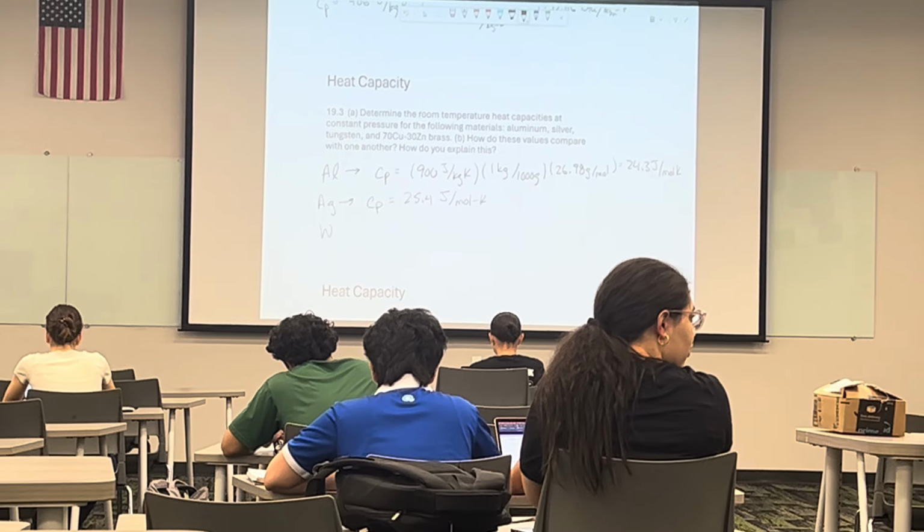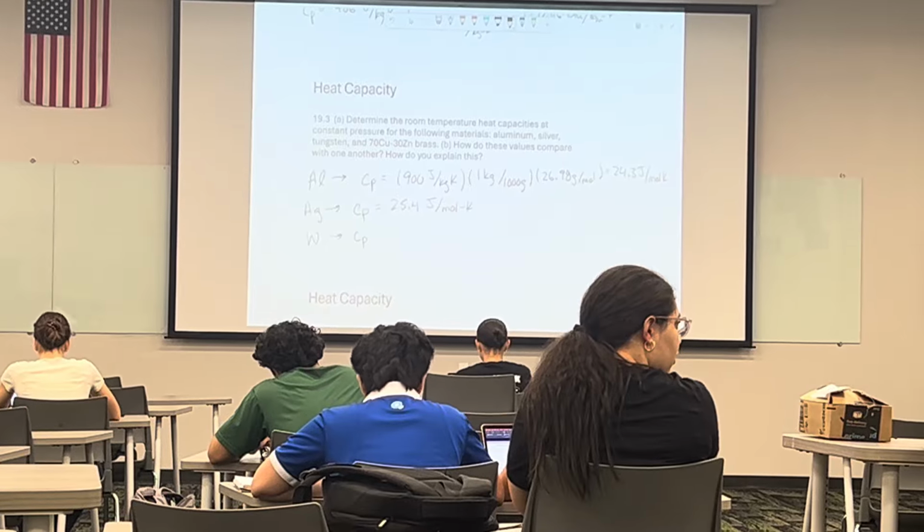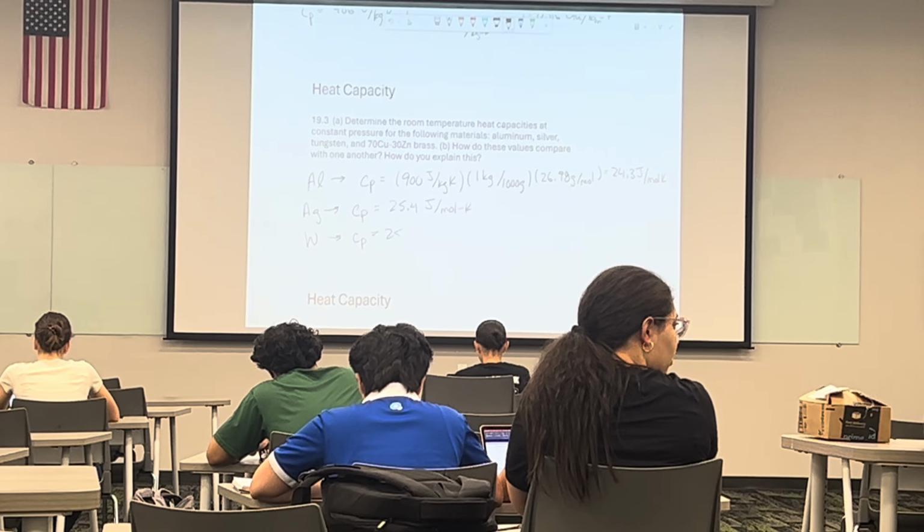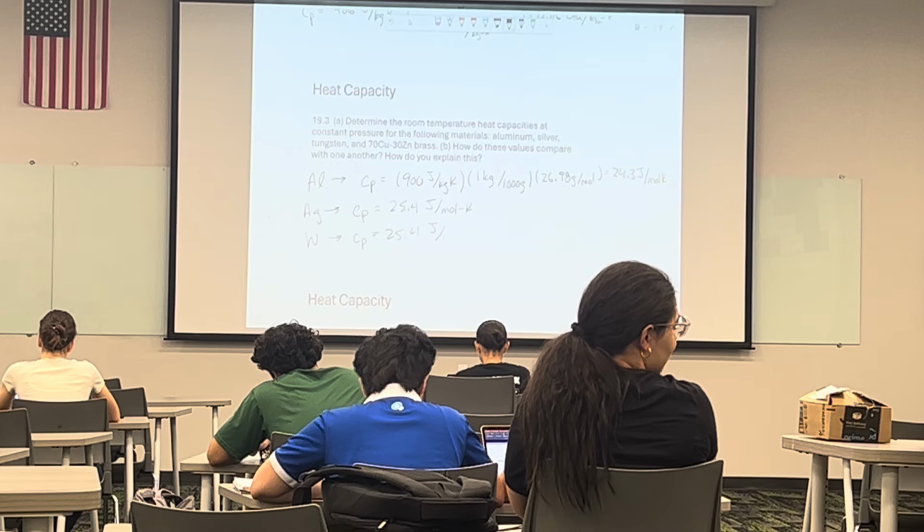And for the tungsten, we should have a CP of about